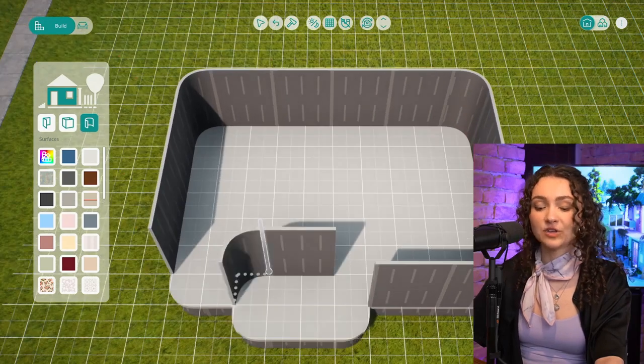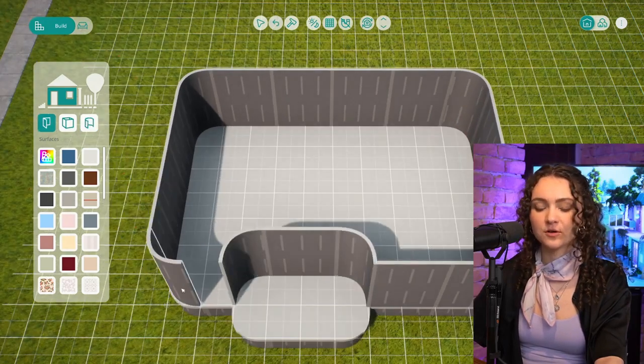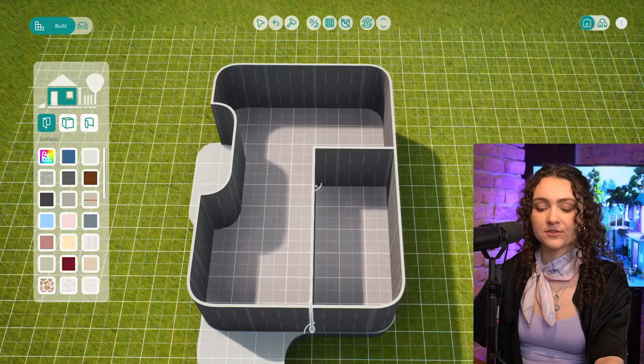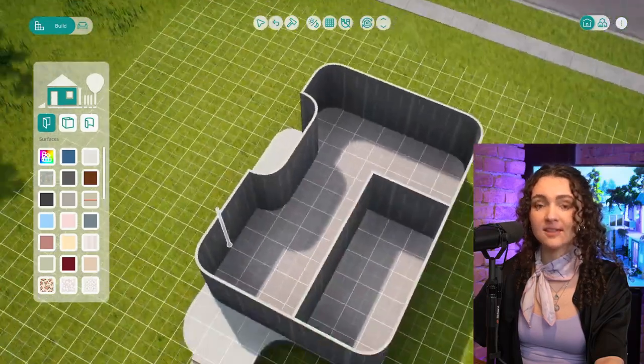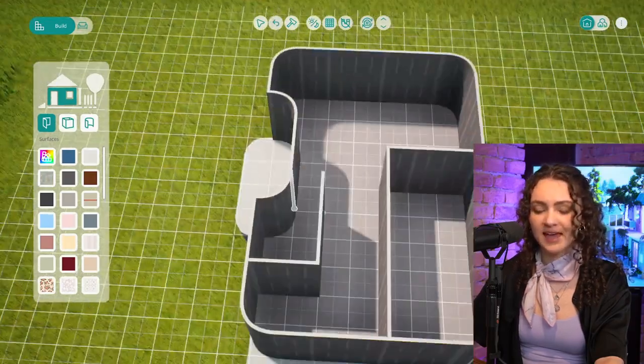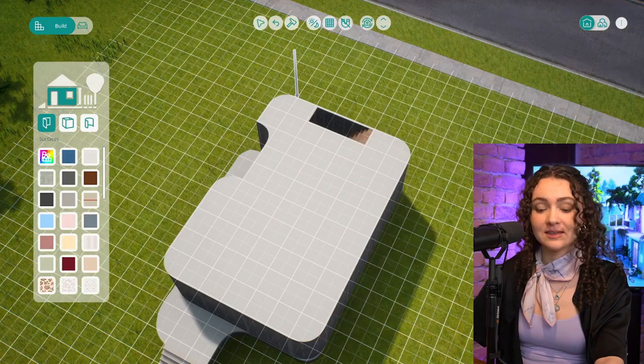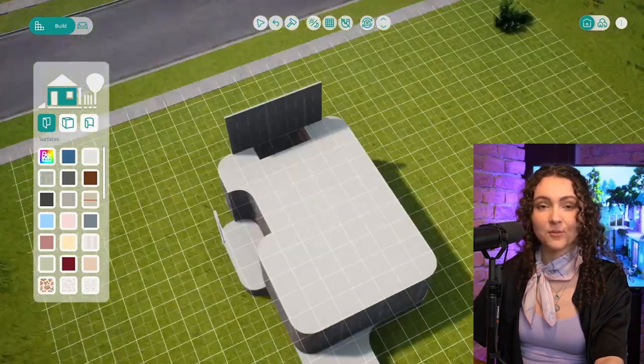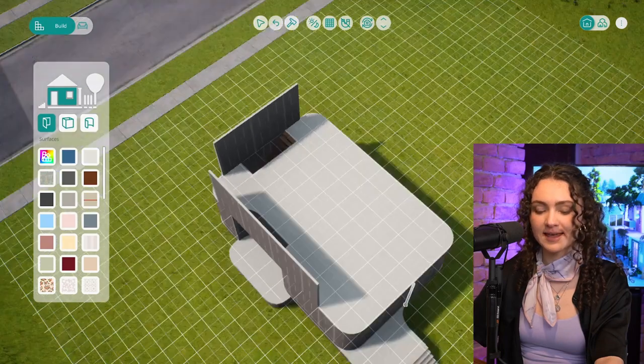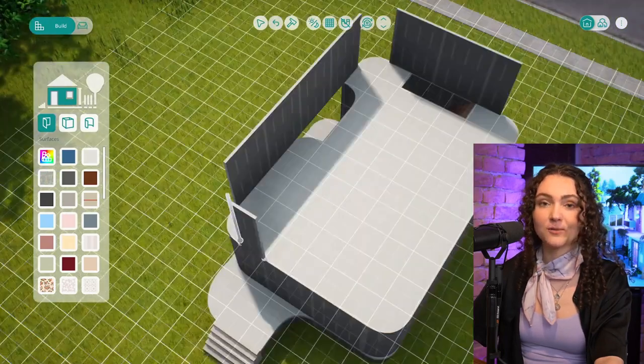So I imagine a small kitchen on the first floor, as well as a bathroom for the guests and a living room to the back side of the house. I'm adding stairs leading to the next floor. We have a porch thing going on the left side of the house, so I will want to add a